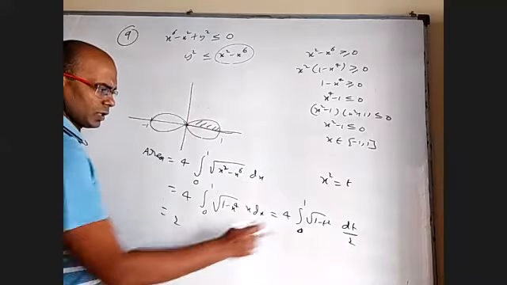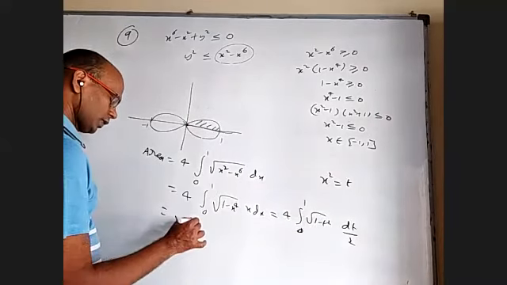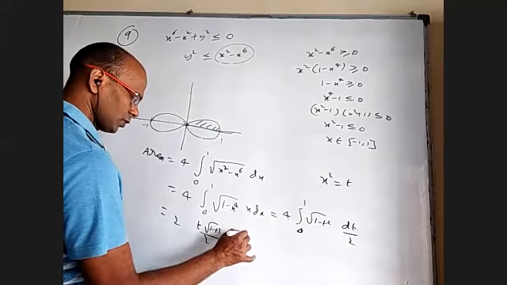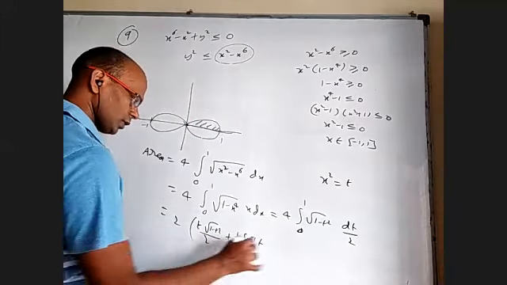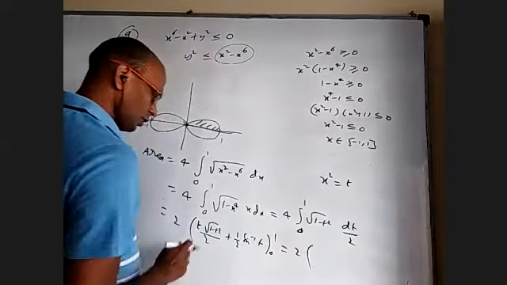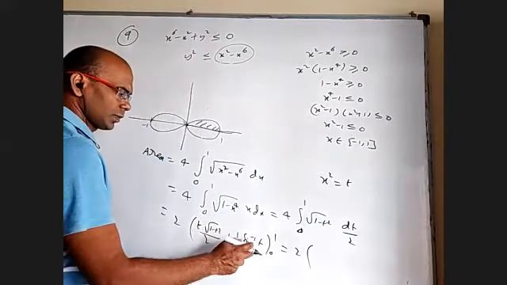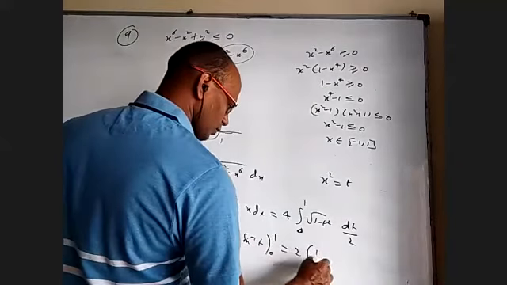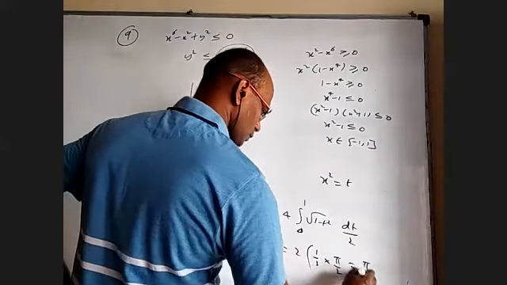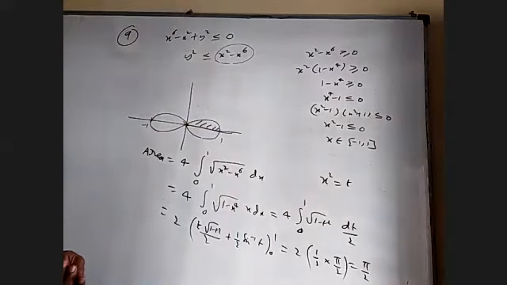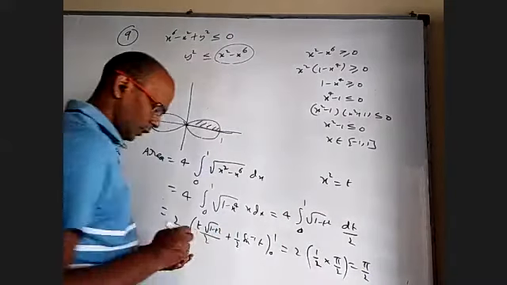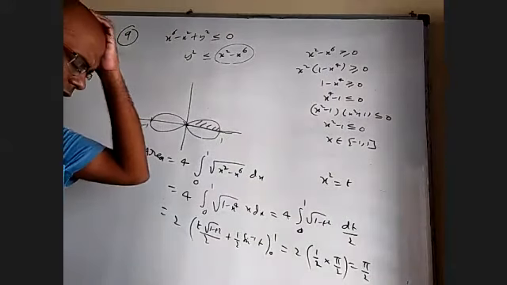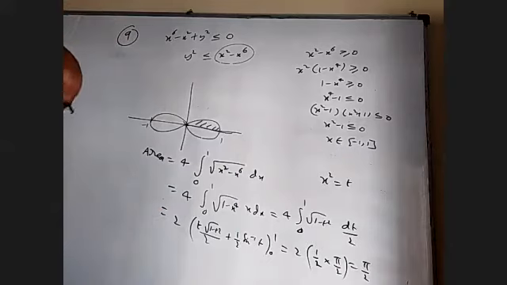Okay, so it is 2, and the integral of root 1 minus t square is t root 1 minus t square by 2 plus 1 by 2 sine inverse t, with limits 0 to 1. So when I put 1 it is 0, when I put 0 it is 0, and coming to this, when I put 1 it is pi by 2. So half into pi by 2. So finally it is pi by 2. You can also take x square as sine theta if somebody wants. Almost same.